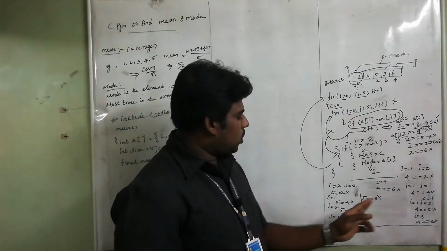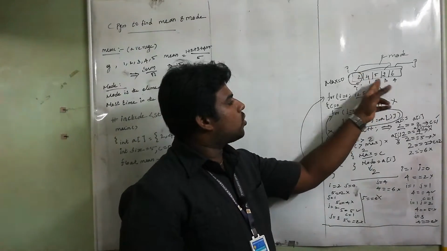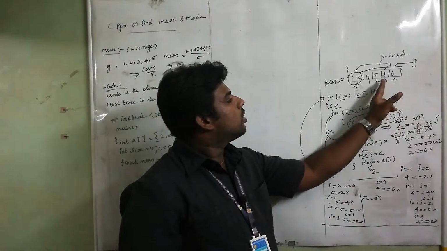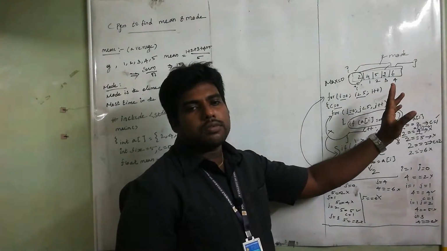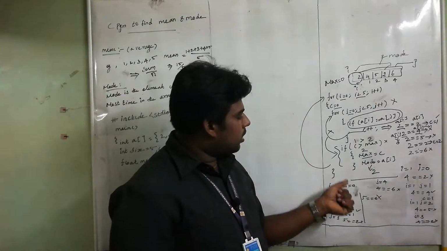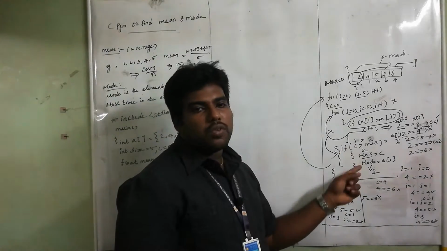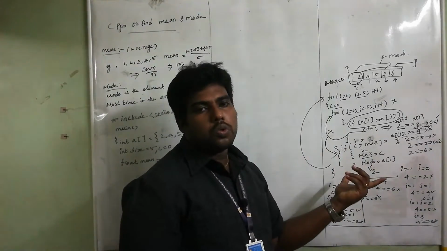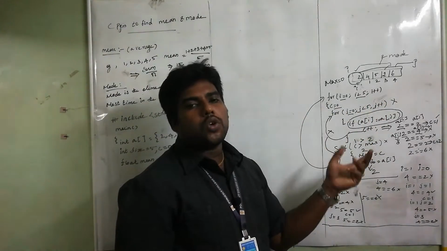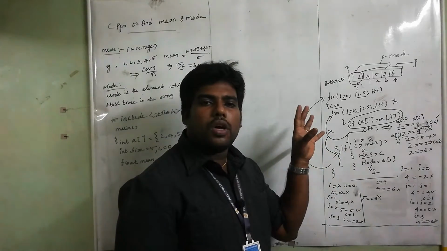Now I value equal to 3. So 2 is compared with 2, then 2 is compared with 4, then 2 is compared with 5, then 2 is compared with 6. Again 6 is compared with all the elements. But at last only one time this if statement is executed. Why? Already the max is 2. No other elements reach the counter 2 value, because only one time it was there. Okay, all of you understood the concept of mode.